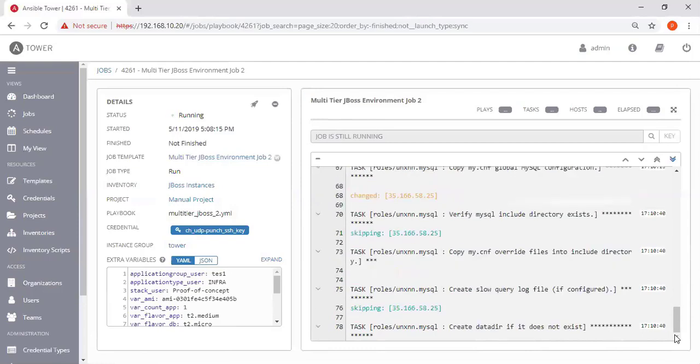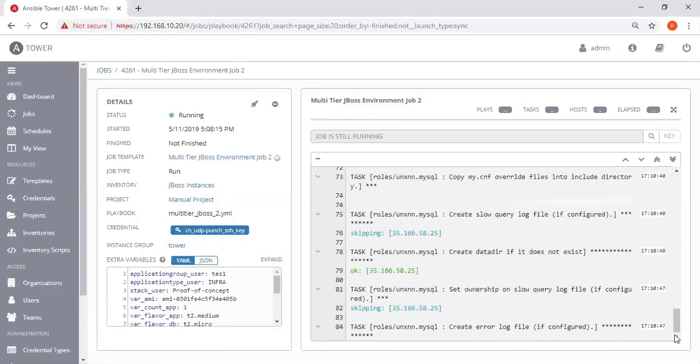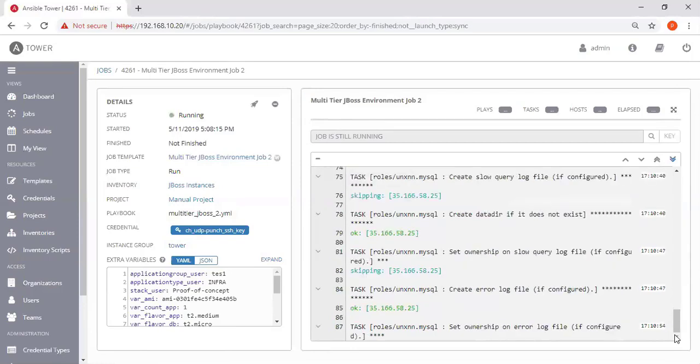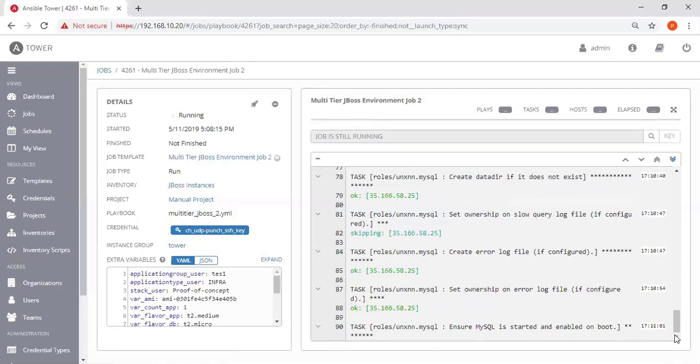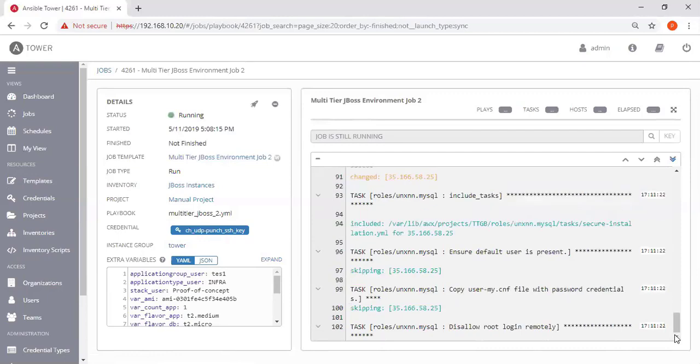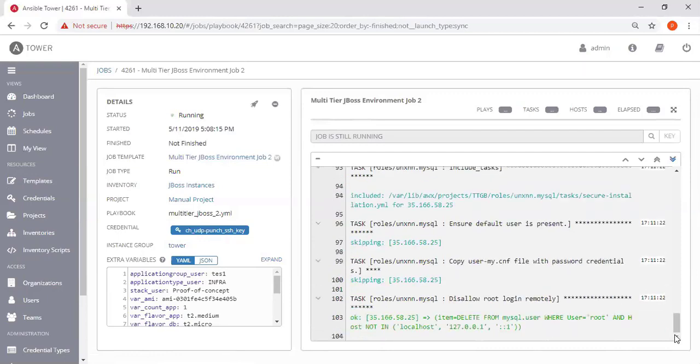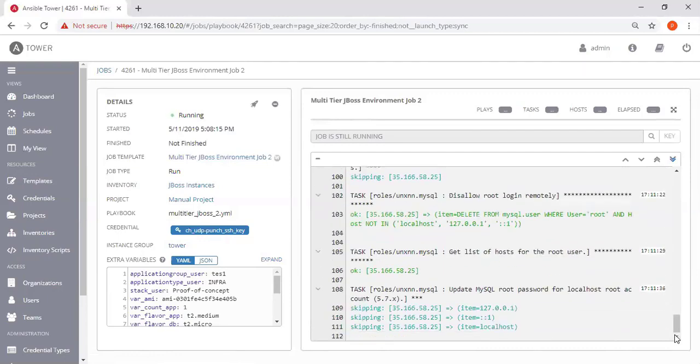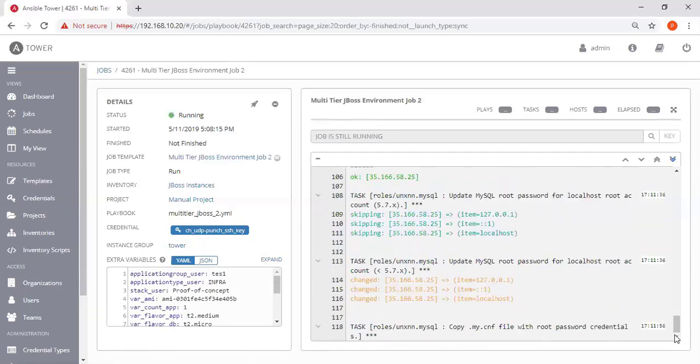The second job, that is multi-tier JBoss environment job 2, consists of installing MySQL on our database instances, importing the MySQL schema of our application, creating the users that are being used by the application, performing hardening and granting permissions. The third and final job, that is multi-tier JBoss environment job 3, consists of installing JBoss EAP